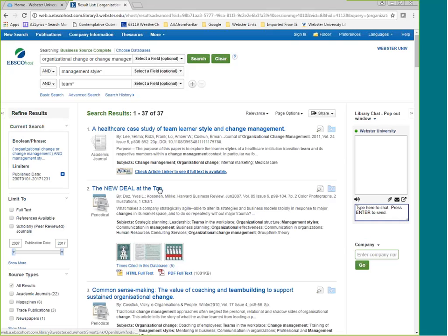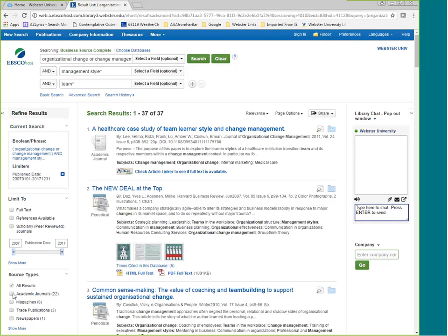We can also, above the date slider, have the scholarly peer-reviewed journal limit. It's a little checkbox above the date slider. We notice from our source types that 22 of these 37 are from academic journals. So we can click that.